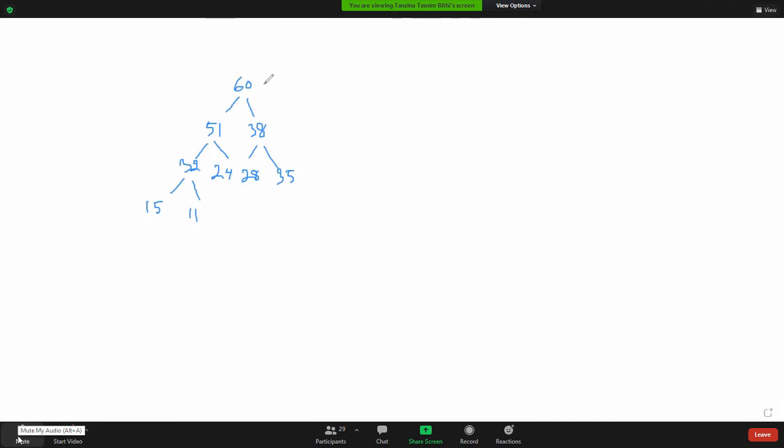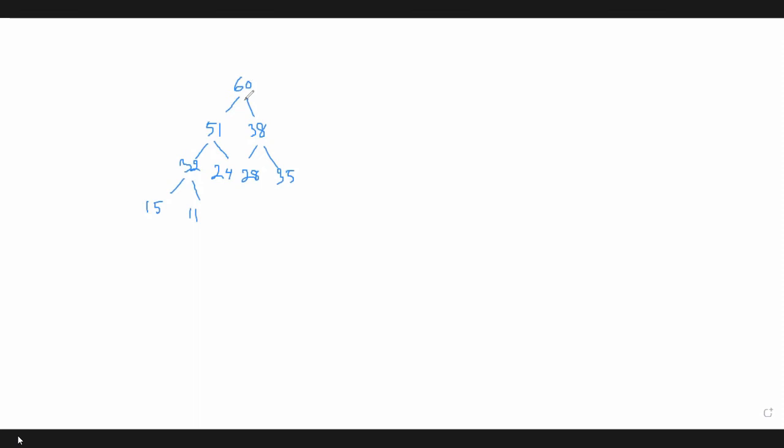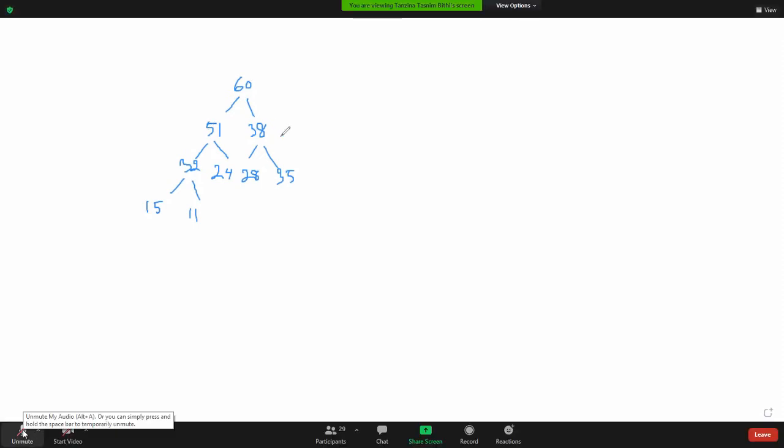This is level 0. In this level, the number of nodes is 1, 2 to the power 0 equals 1. In level number 1, the maximum number of nodes can be 2. And in level number 2, 2 to the power 2 equals 4. So this level is also complete or full. And in the last level, there are only 2 nodes, but they are taken at first on the left side and then the right side. So we can call it a complete binary tree.